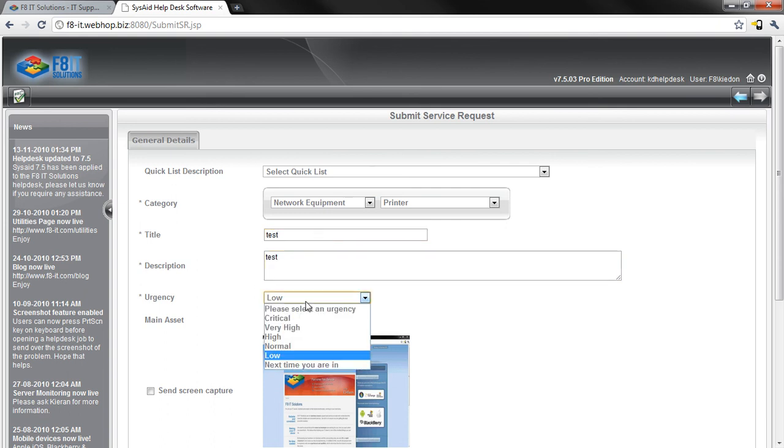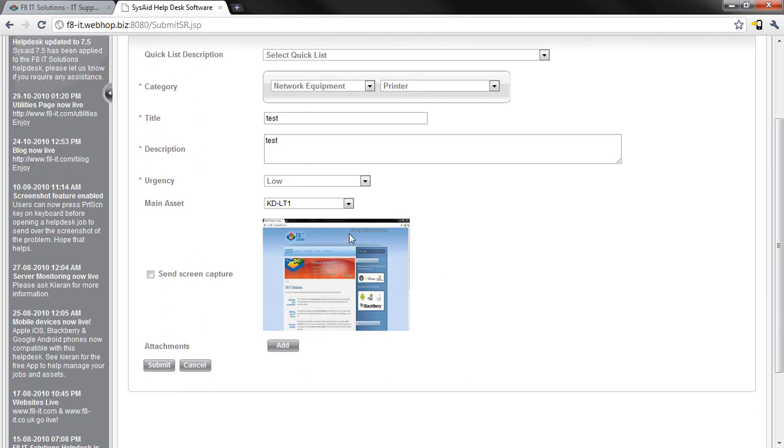Urgency, this is explained in a little bit more detail when signing up for a contract. It explains different SLAs and how this generally works. The asset, that's the computer you're working from. In this case, it rather cleverly knows that I'm on this machine. This is the screen grab that it's taken when I pressed F11 to launch this software,